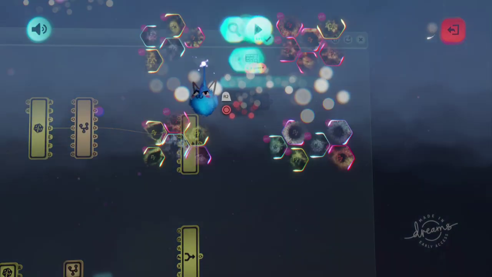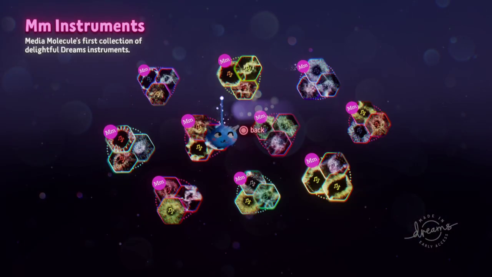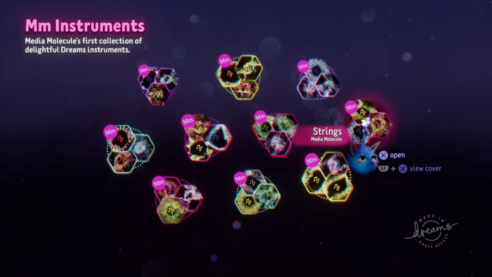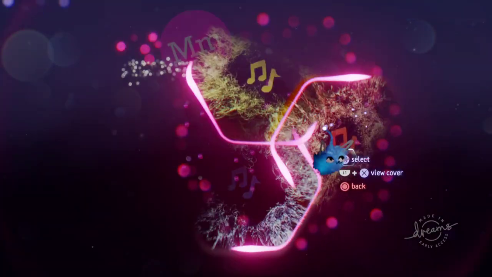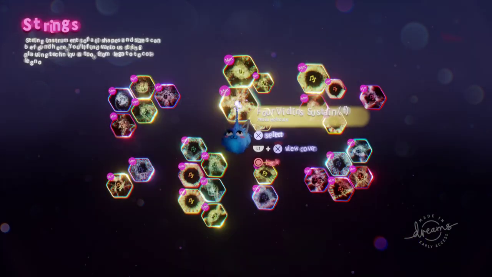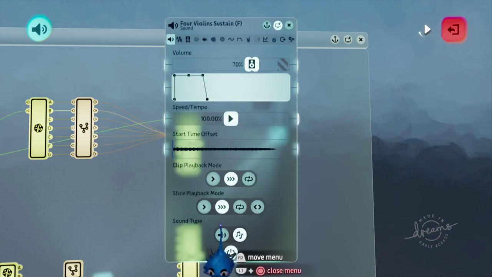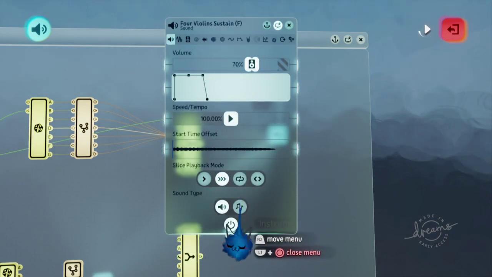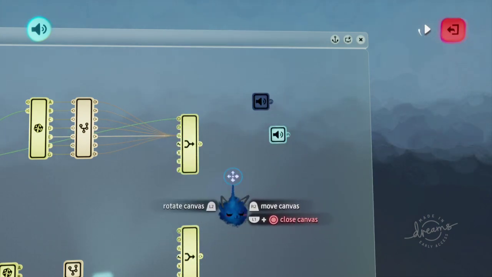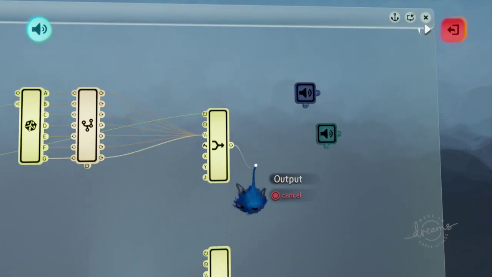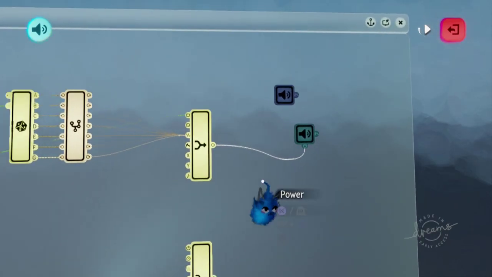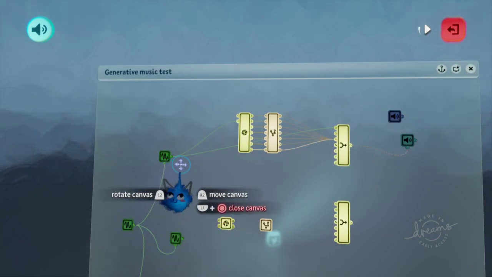To get that, you basically just search for an instrument. Let's just get a string instrument here, doesn't really matter. Or violins, sure. And then you're just going to set this to a sound effect. If you have it set to instrument, it's not really going to work out. And then you just take the output and plug it into the power, so that when it powers on and goes through,